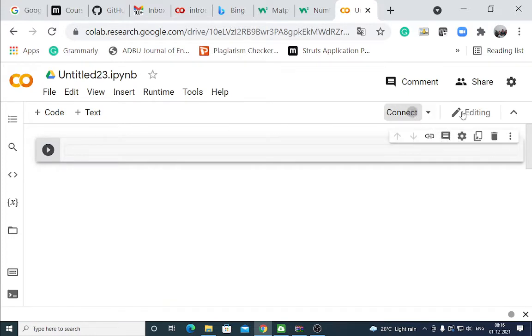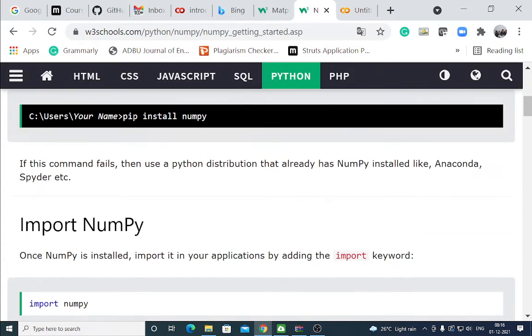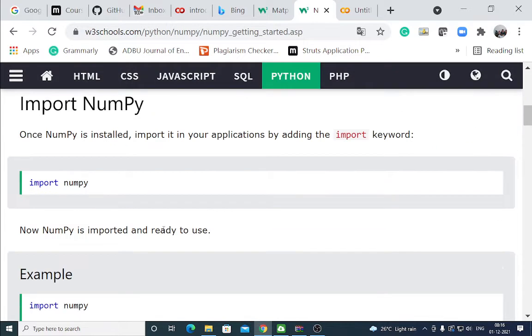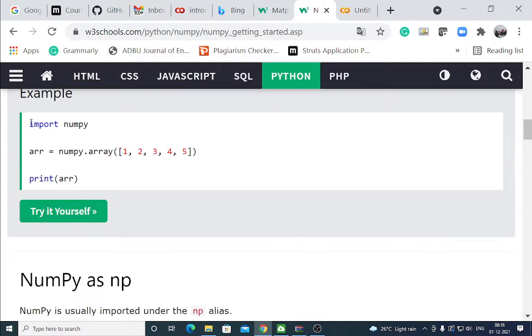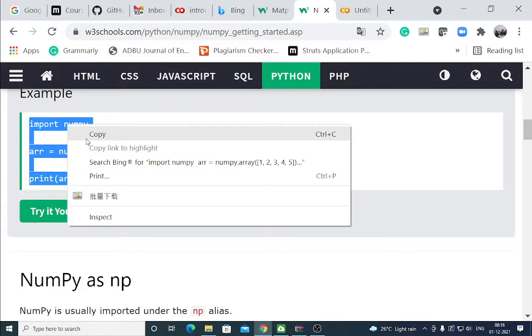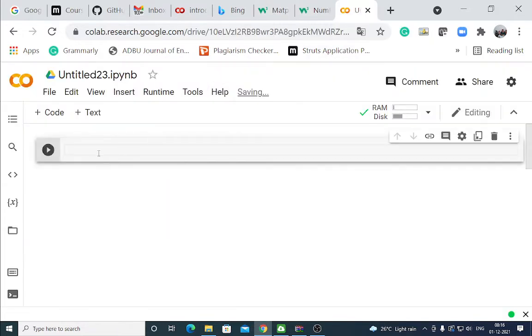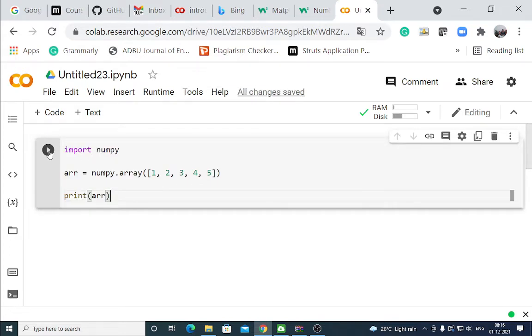Use connect. First you have to connect. Then see. It is not necessary to install NumPy here because 7500 packages are available on this cloud platform. Therefore, if you use this code, execute that.